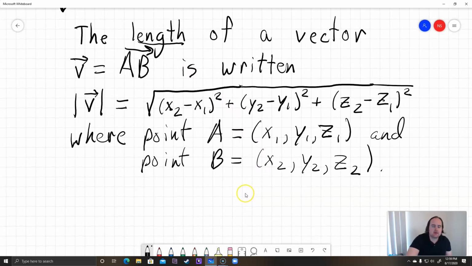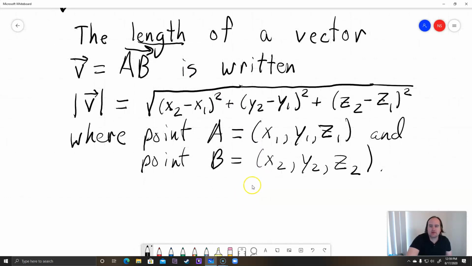And obviously you can do this for a two-dimensional vector as well. It just wouldn't have this third term here. So it wouldn't have anything involving z. So if it were a two-dimensional vector, we would just have these first two terms, the x2 minus x1 squared and the y2 minus y1 squared, but you wouldn't have this one. Okay,